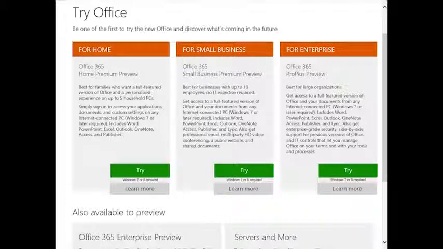There's a small business option that gives you a little bit more. That will include also Lync, as well as professional email, multi-party HD video conferencing, a public website, and shared documents. Now the Pro Plus preview version includes all that stuff, but also allows you to get enterprise-grade security, side-by-side support for previous versions of Office, and IT controls that let you manage Office on your terms and with your tools